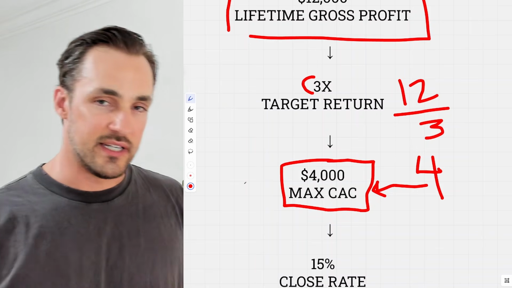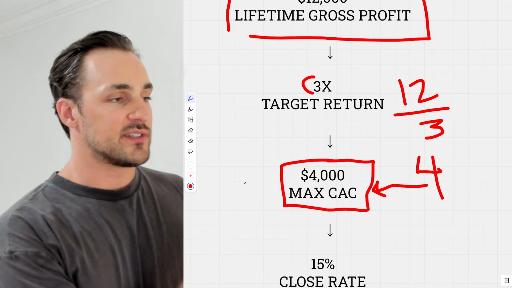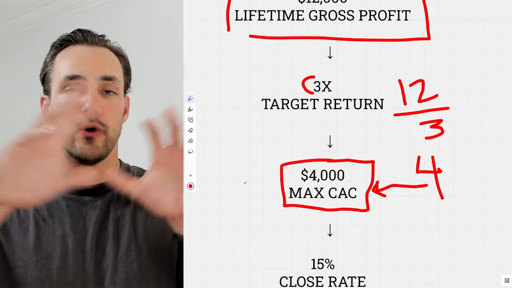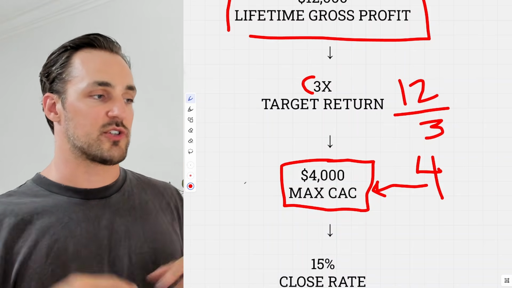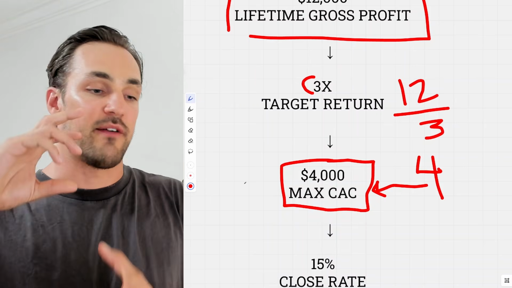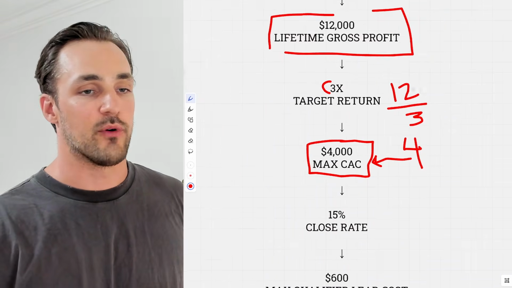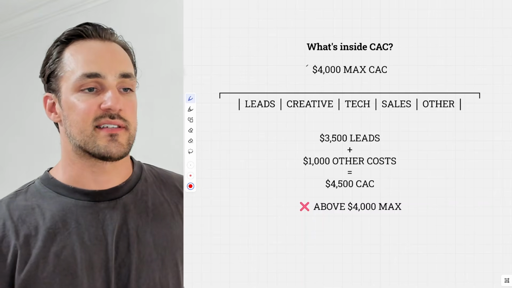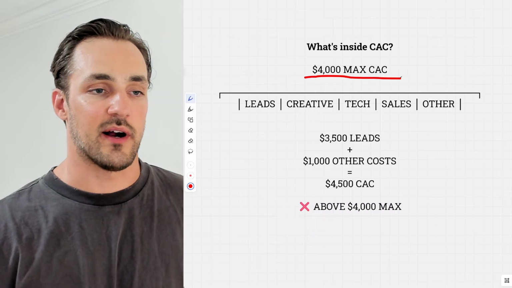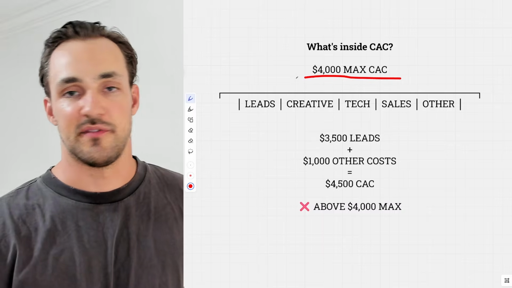There's an important detail here though, right? That $4,000 has to cover the full cost of acquiring the customer. So before we calculate what we can actually pay for the lead itself, let's break down what sits inside of that $4,000. Okay, so inside of our $4,000 cost to acquire a customer, we have lots of different things